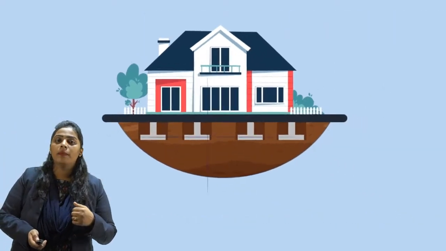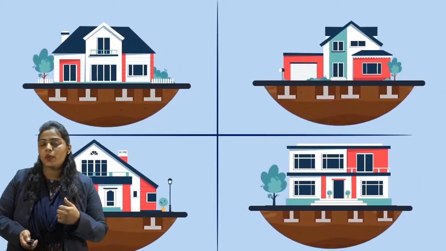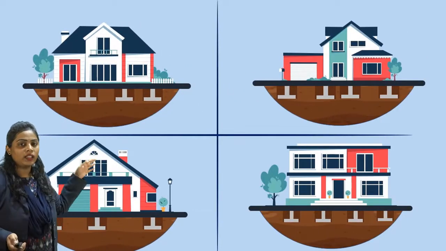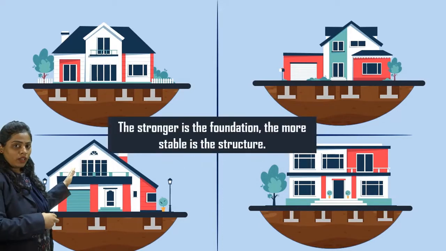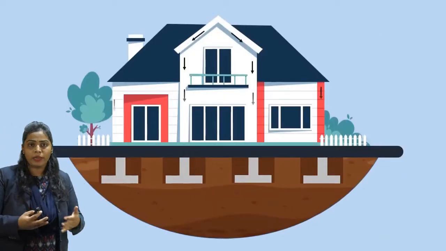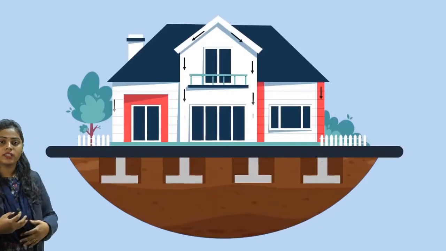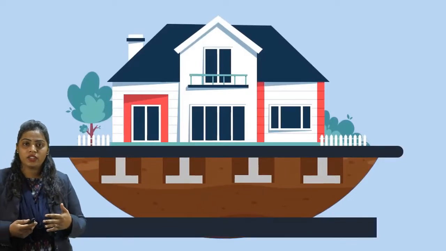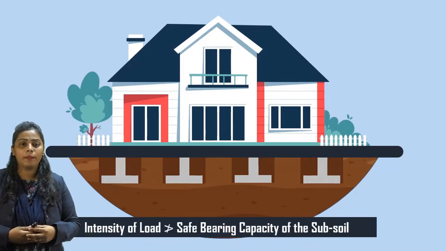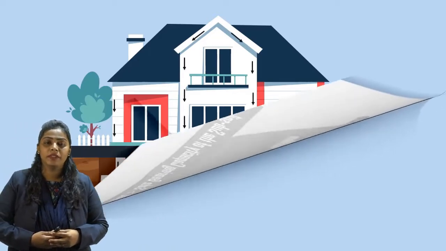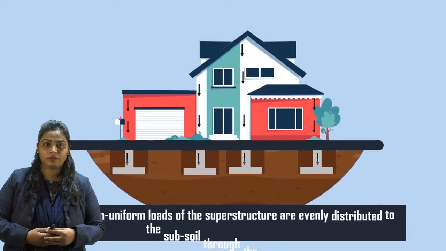Next one is the plinth. It provides protection from rainwater and crawling animals and insects. Purpose of the plinth: to prevent the entry of flood into the building, to avoid the entry of dust, insects, reptiles, etc. inside the building, to enhance the appearance of the building, and to prevent dampness.